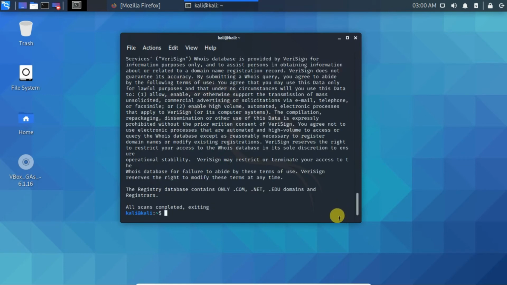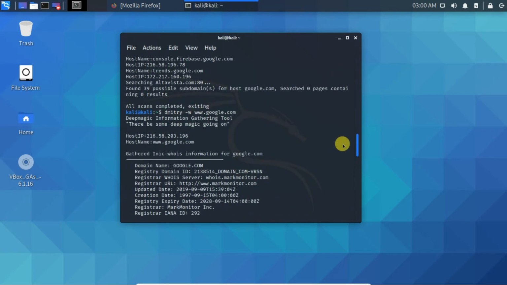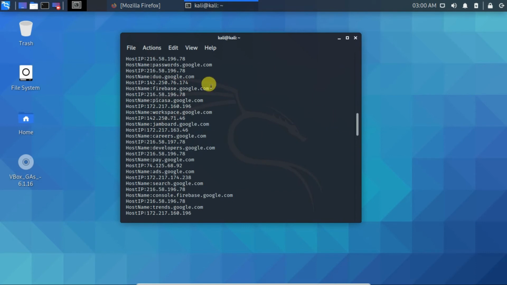Now go down, and let's tell Dmitry to find information on the IP address we are giving. Okay, for very strange reasons, it's not getting copied. Let me go there and make a note of this.